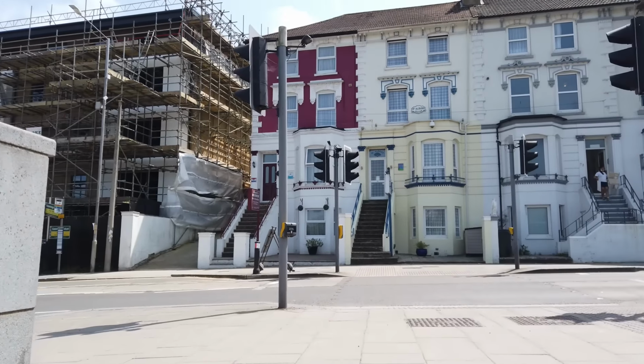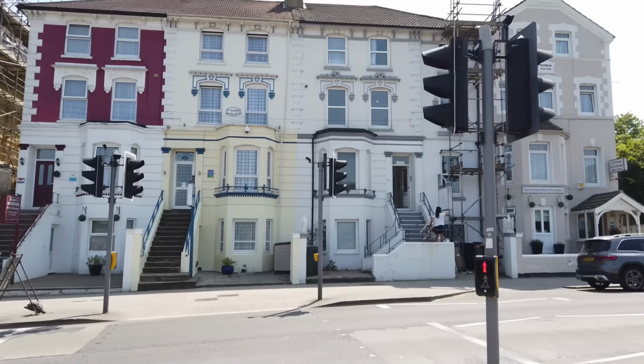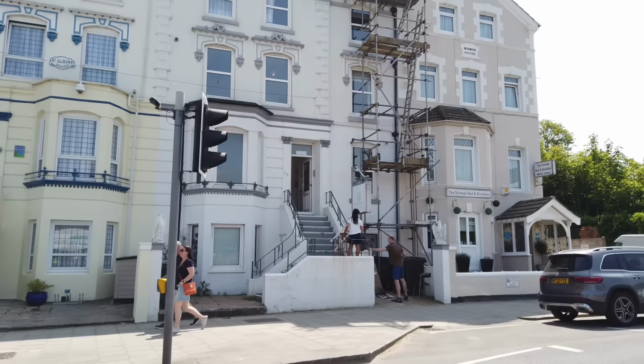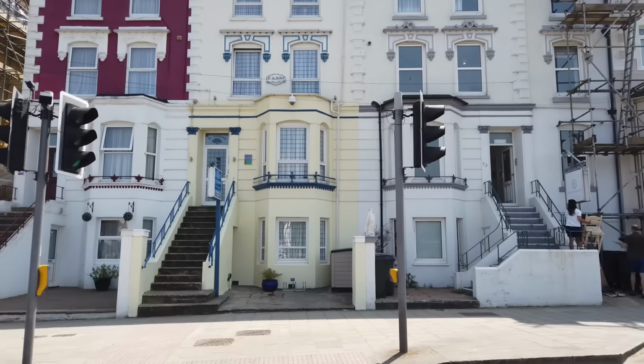at the Warren, which has some hidden foundations of an old Roman fort and the first of two Martello towers, which were used again for the defences from the potential invasion from the Napoleonic Wars. So really quite an interesting walk. Let's cross over. Finally, I'm hoping that I'll reach Folkestone harbour arm, where I'll certainly enjoy a nice coffee and